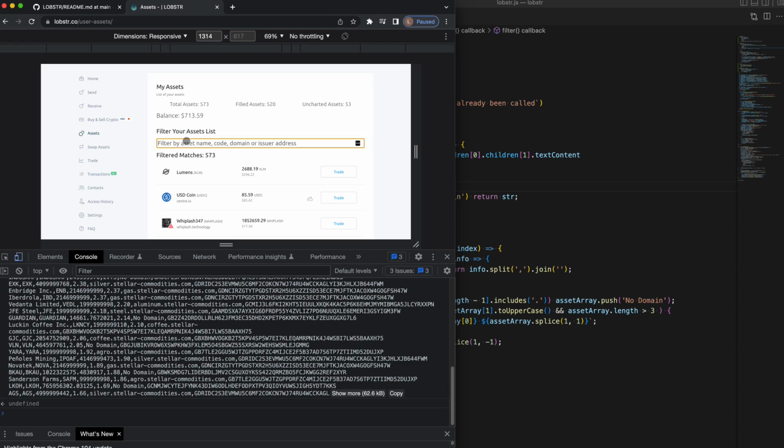Let's say I'm looking for my XLM. Let's just keep it easy. I can type lumens, and you can see that the only match we have is for lumens. If I wanted to find that by the code, I could type XLM, and you can see that it finds that, but it also matches another one that has XLM in the name as well as the code. If I wanted to find all the assets that I have that are stellar commodities, I can type in that,